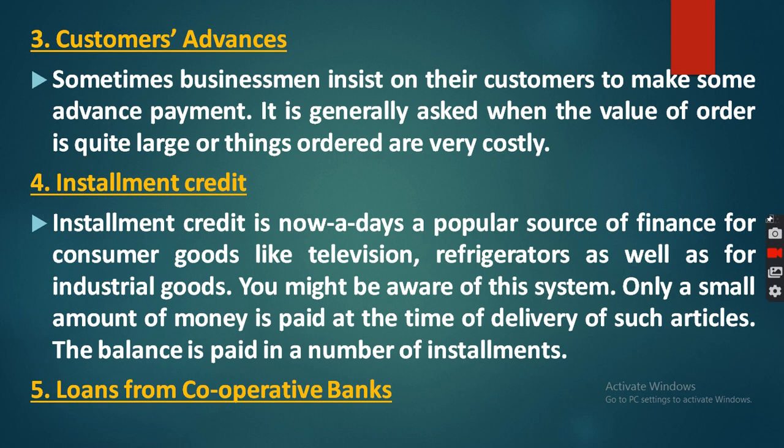So customers advance. Then fourth one, installment credit. So installment credit is nowadays a popular source of finance for consumer goods like television, refrigerator, as well as for industrial goods. So you might be aware of this system. Only a small amount of money is paid at the time of delivery and the balance is paid in terms of installments. Means when you purchase any goods or products, for example television, refrigerator, clear, other machineries, industrial goods,